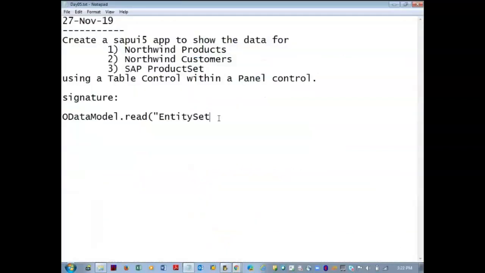So read the entity set and two functions, success or failed.